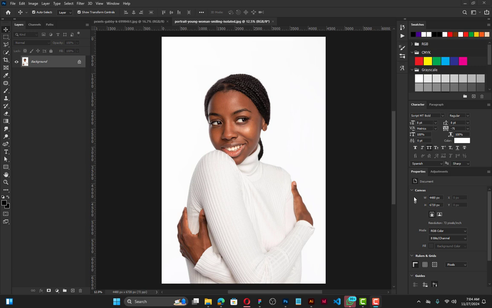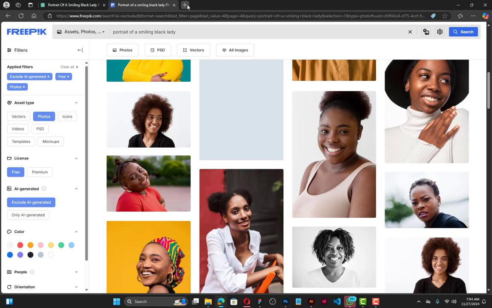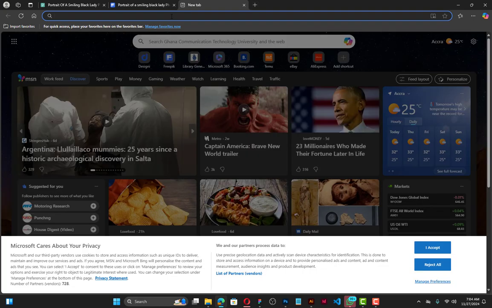Okay, so getting started, we are not going to start using Photoshop, by the way, for the sake of those who use other software, and for the sake of those using mobile phones, who will be using Photopea online, photopea.com. For the sake of those people and everyone, I'm going to show you a very simple way to do this. So you head on to your browser and you go to the website called